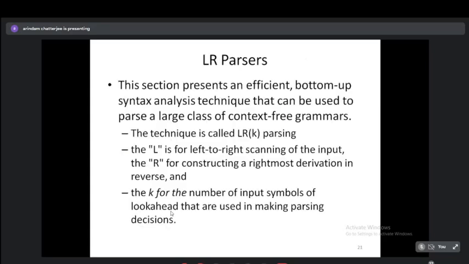But before that, we'll start a little bit with the LR parsers today. I'll be completing in another 5-10 minutes. So LR parsers are the most well-known parsers belonging to the bottom-up parser family. It's very efficient to construct, very easy to construct as well. And LR parsers, just like LL parsers, will have a symbol K. So you will have LRK parser, meaning LR1 parser, LR0 parser, and LALR parser. So how many lookahead symbols you are actually using for your parsing activity?